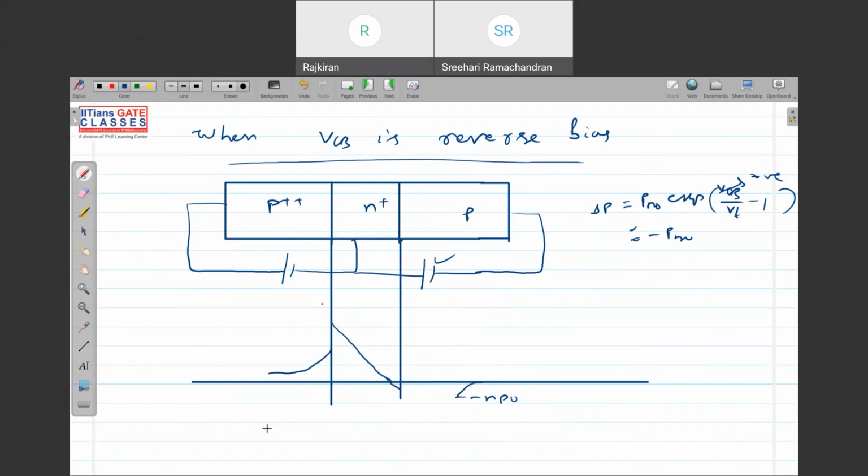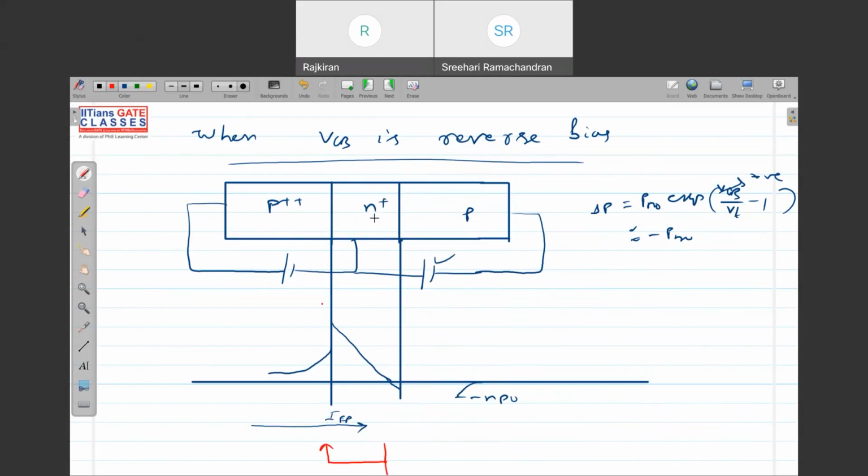So now what will happen? The electrons will be injected like this. Okay, this is IEN. Similarly, holes have been injected, so this has gone like this. And you see there is a reverse saturation current, right? Since I have a reverse bias,